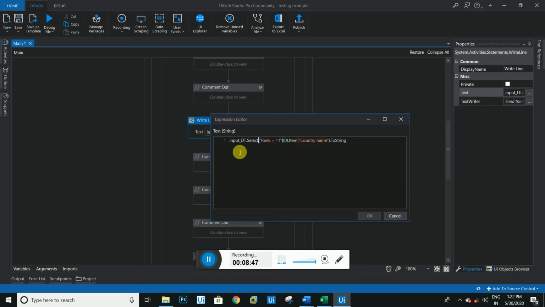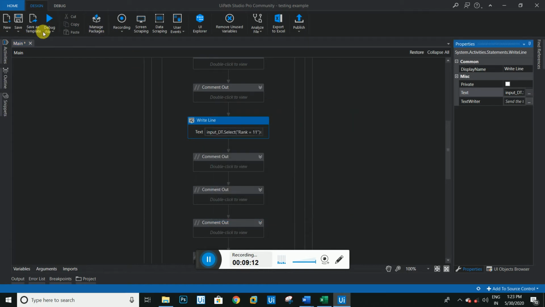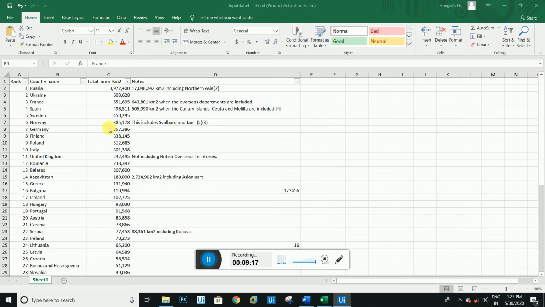Here it is selecting the rank number 11 in single quotes and dot 0 index. This is two-dimensional, so we must mention this 0. I will show you in the next examples how to make this possible. So item dot country. Let me check this result first, and then I will explain it in the Excel sheet. I'll just run it here.